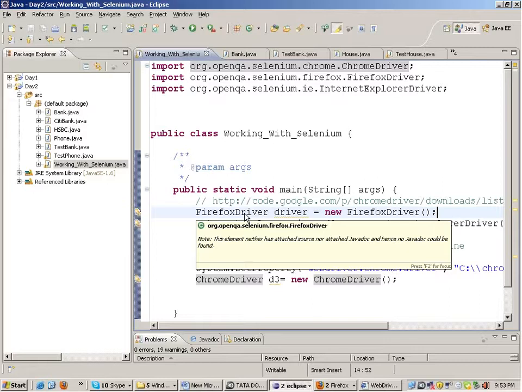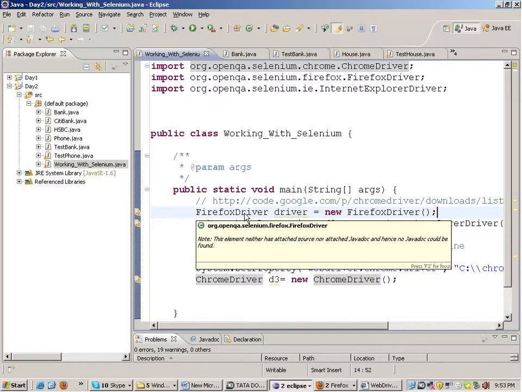Suppose I take the Chrome to google.com. Okay, fine. Now I'll not run it on IE because I am having IE6, it gives some issue.